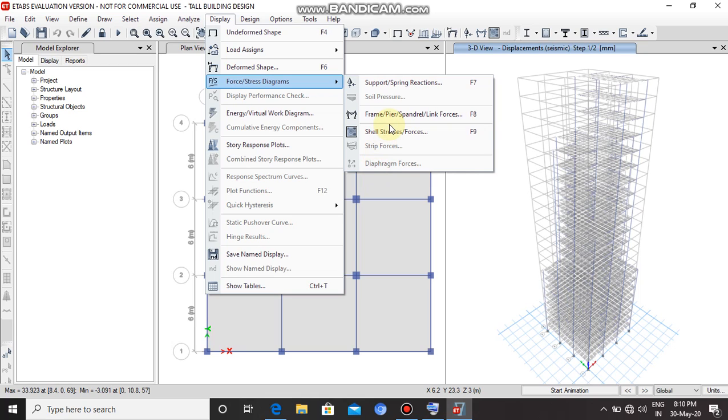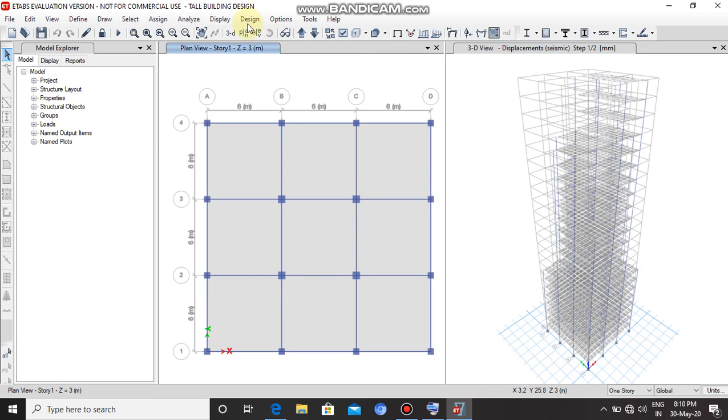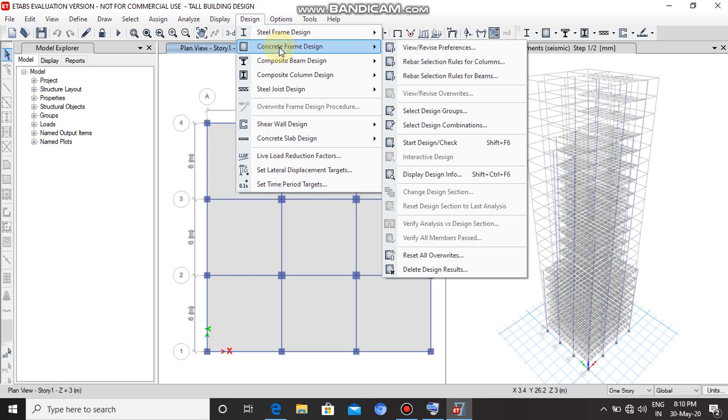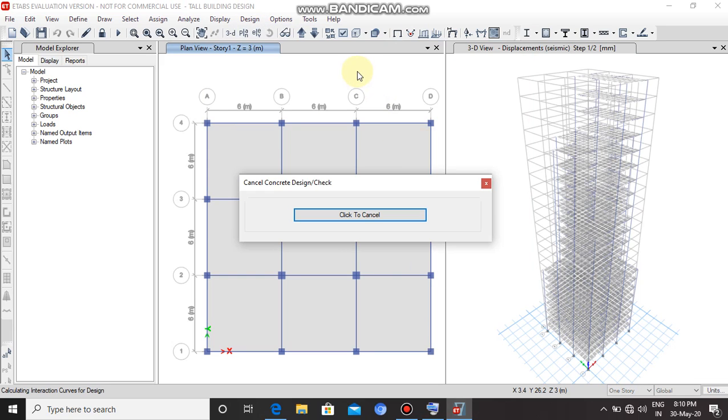Okay, now run the structure design on the building model. So, click on design, concrete frame design, then click on start design/check.